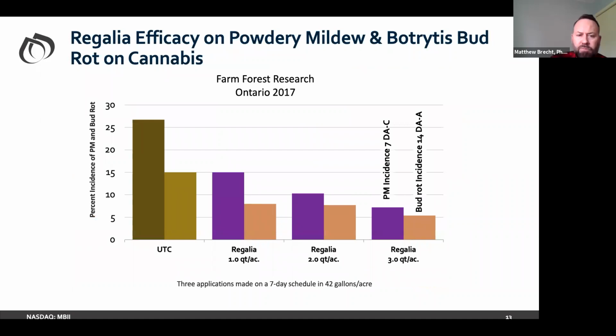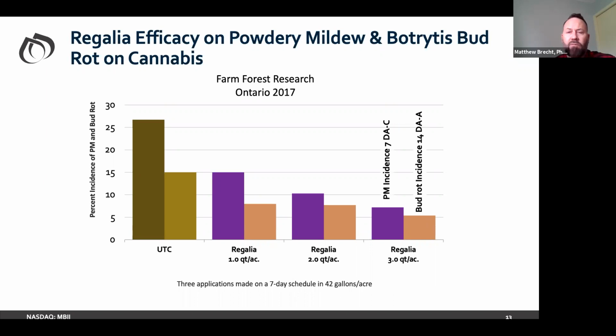Okay, so we talk a lot about our products, and we have to have some research behind them. Many of you may not know that not all products are equal, right? If you go to the hydroponic store, a lot of the products that you see there are what we call 25B products. These are products that have been designated by EPA to be extremely low risk to the environment or to the health of people or insects. A lot of those are oils, a couple of soaps, and things that are very benign.